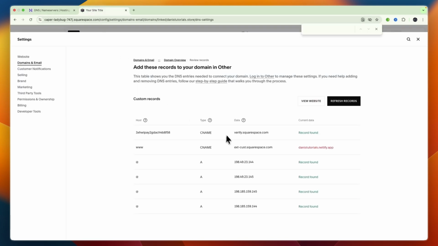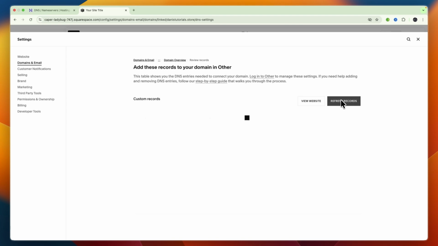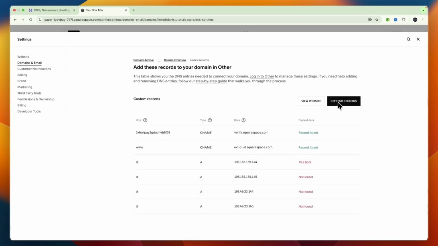So in that case, if it is correct, you just need to wait for it and then it will find it automatically. Now again, this can take up to a full day, but usually it will be done within 20 minutes. So you can see they have now actually found that one, but now they haven't. So just give this some time for all the DNS records to propagate,